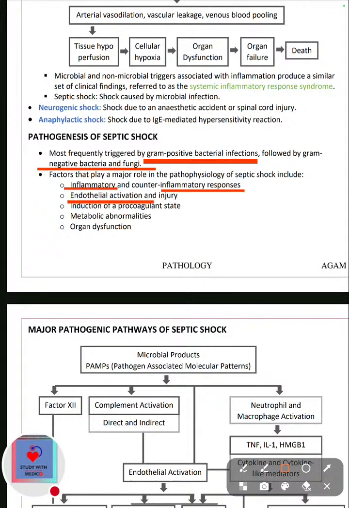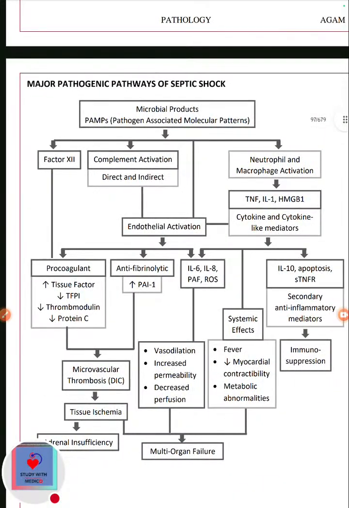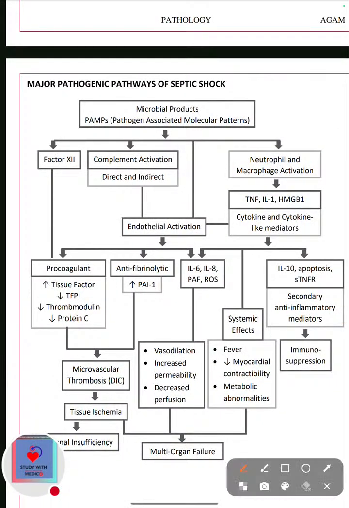Endothelial activation and injury, यहाँ पे एंडोथेलियम एक्टिवेट होता है, इंजुरी देती है। तो induction of a procoagulant state, जिस वजह से DIC फॉर्मेशन भी होता है। There are metabolic abnormalities, organ dysfunction and ultimately severe shock होता है। सो यहाँ पे हम मेजर पैथोजेनेसिस ऑफ सेप्टिक शॉक देखते हैं, ठीक है।